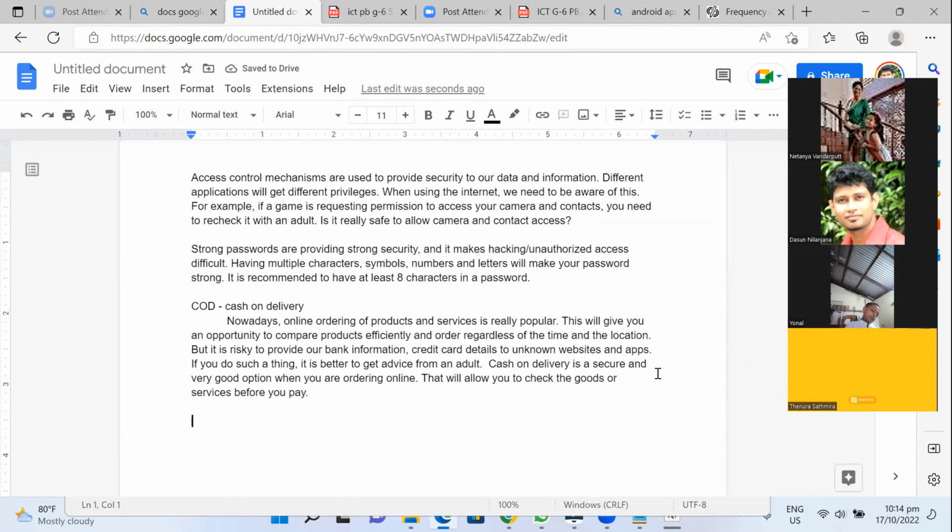Okay, so we have discussed safety and security, both. Some other measures you should take: do not provide sensitive information without asking your adult. Do not provide phone numbers, details, addresses, credit card details, bank details. Never do that, especially to unknown parties. And another thing that you need to consider is